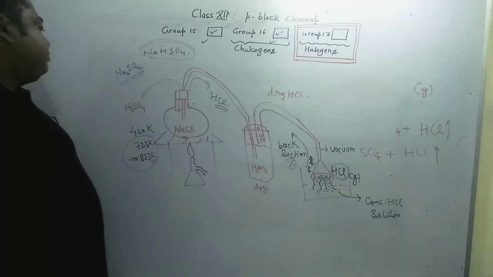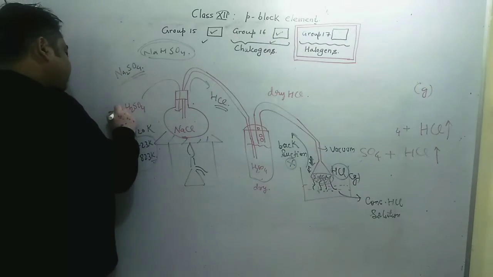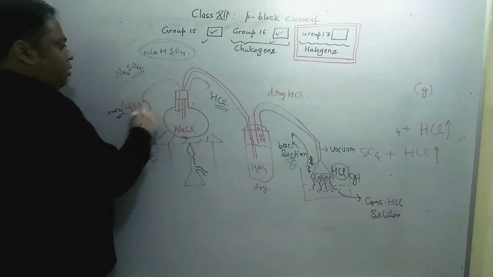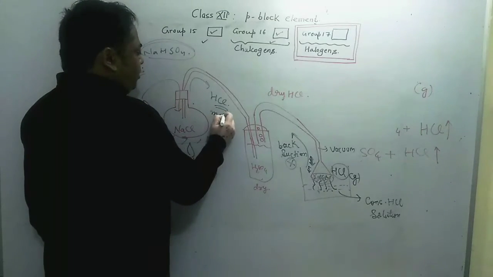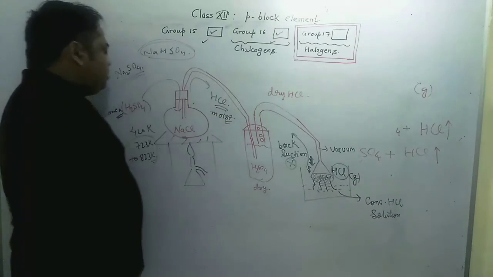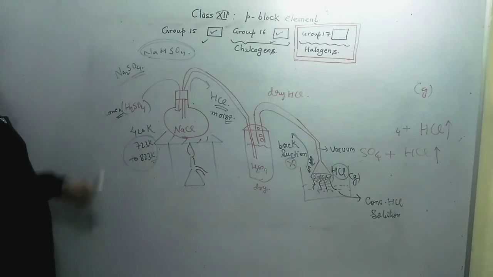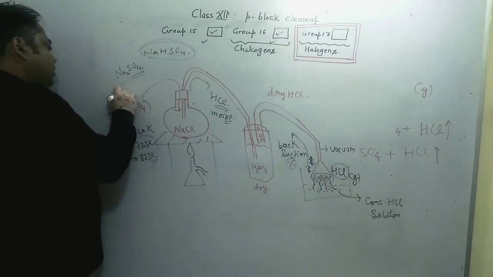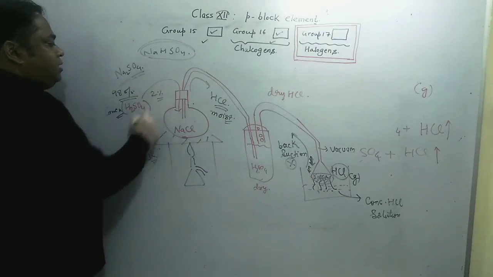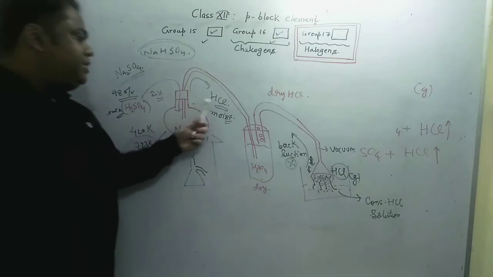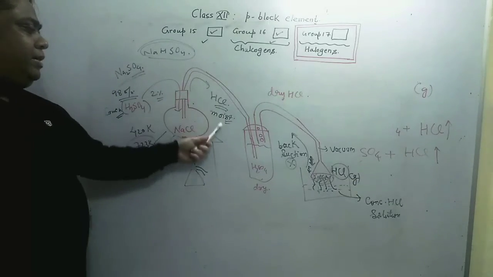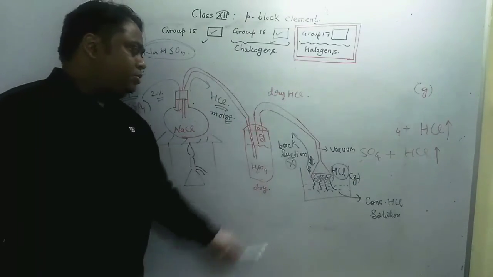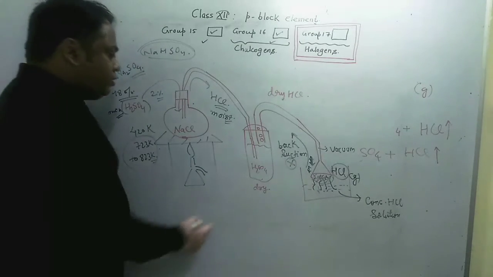Okay, and when preparation of HCl is completed, then to continue the preparation, we need to add NaCl or we need to add concentrated H2SO4. Now from where is the moisture coming in HCl? Although we are using concentrated H2SO4, H2SO4 is 98% concentrated only. So 2% of water remains. This 2% of water can make HCl moist, and to make the HCl dry, it can be passed through concentrated H2SO4.